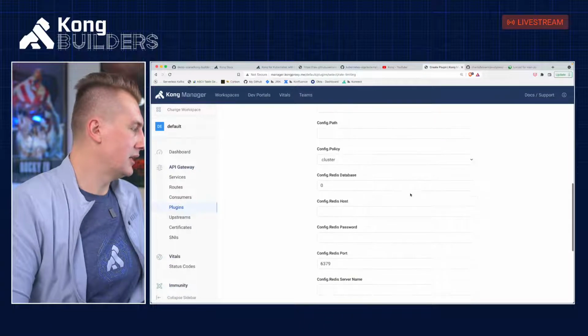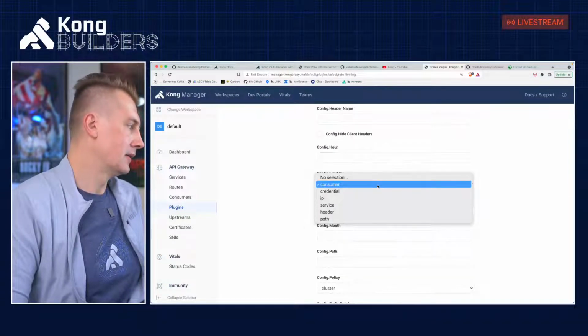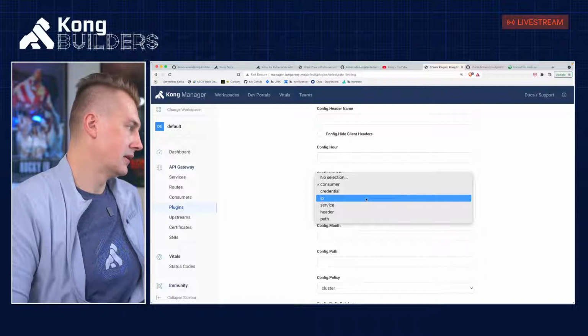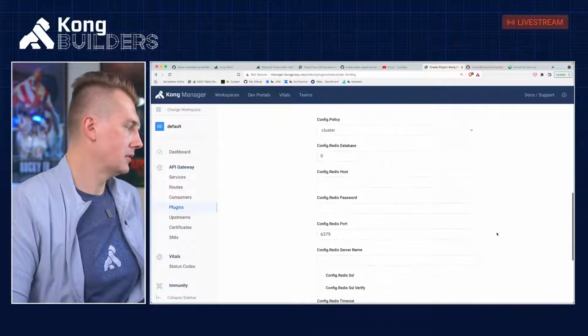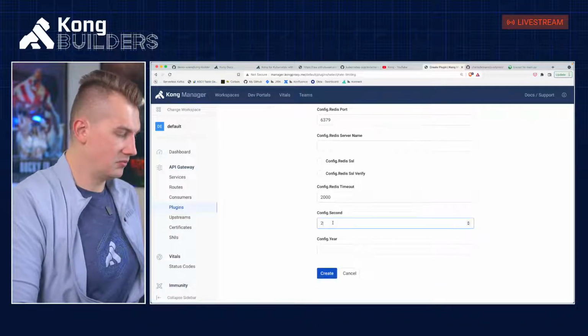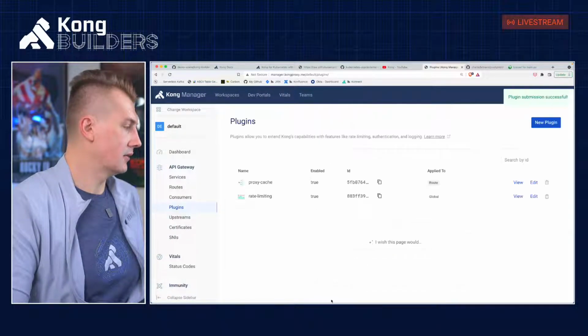So limit by service IP. We will use, say, 20 requests per second. This is 30 requests per second, and we will create this.